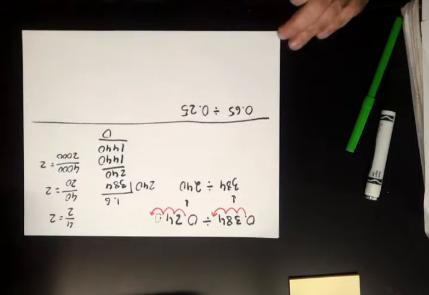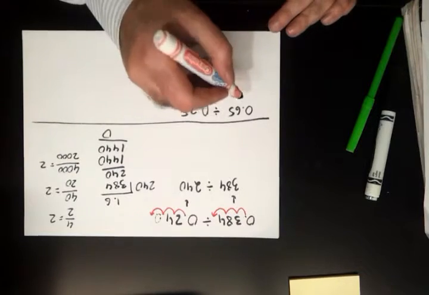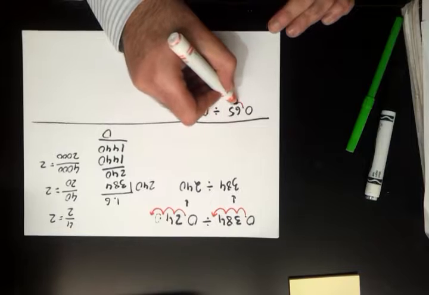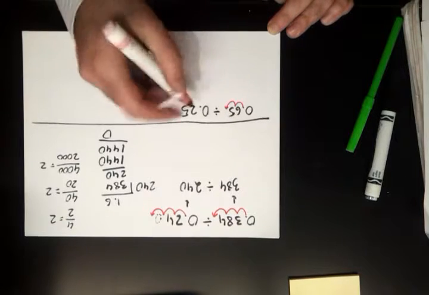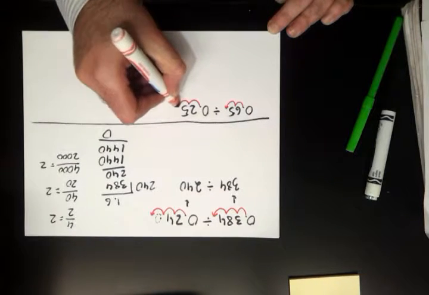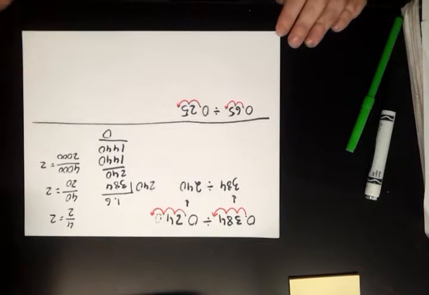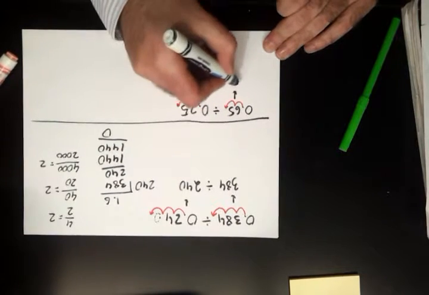I'm going to make the 0.65 into a whole number. I like to start my dividend and convert it first. You don't have to. You can convert either one. But I want to get this to be a whole number, which means I need to move the decimal over twice. If I do it twice here, I got to do it twice there. This one's kind of nice because it works out. They both have the same number of decimal motions to get to a whole number, twice. When I do this, I get 65